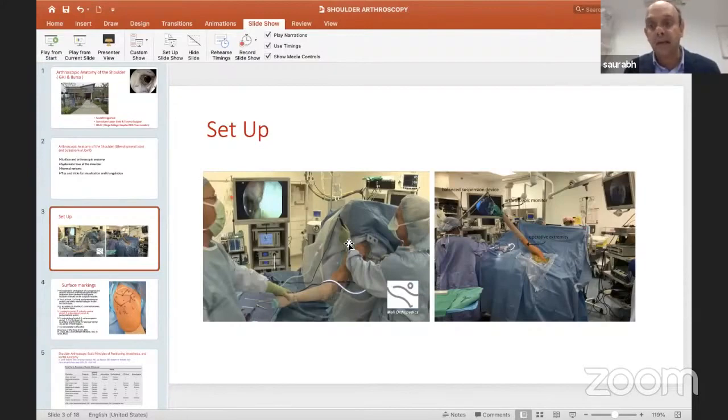So it's the familiarity. Second rationale is, if for some reason I have to convert my arthroscopic procedure into an open procedure. For example, sometimes ACJ excisions can be difficult, or I feel I've not done adequate, or the shoulder has swollen up a lot. In those cases, if I do an open ACJ excision, then in a beach chair it is much easier. Third, nerve damage is almost not possible if you know your anatomy and your arthroscopic portals. There's hardly any literature which suggests nerve damage in a beach chair.